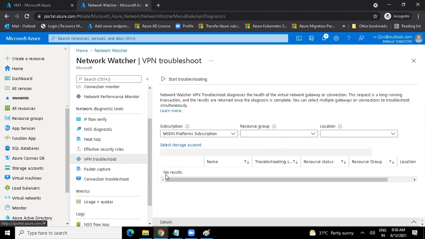We can select all the checkboxes and then there will be an option, start troubleshooting. When we click on start troubleshooting, it will collect detailed logs on why we are unable to connect. We have to provide a storage account here, where those logs will be stored. It will collect the logs and store them inside the storage account. Anyone who knows how to read logs would be able to come to a conclusion about why we are unable to communicate even after creating the virtual network gateway and making the connection. That is what we can do with the help of VPN troubleshoot.